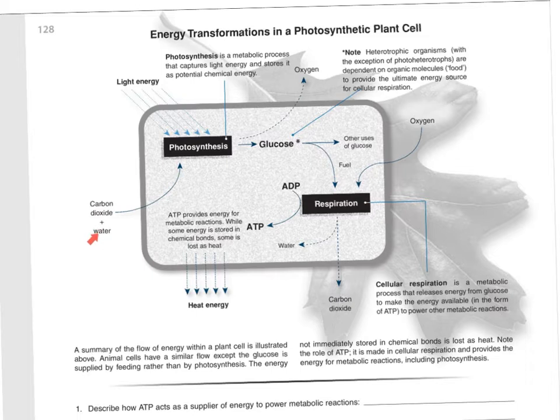Carbon dioxide and water go into photosynthesis. Out of photosynthesis comes glucose. Of course, you need light going in because that's your source of energy. Are there a lot of other little steps? Yes. Should you know that you're using a concentration gradient to turn ATPases to make ATP so that you can take the ATP to the Calvin cycle, that you have light reactions and then you have the Calvin cycle, you have photosystem 2, then photosystem 1, that you're taking water and breaking it up to get the electrons? Yeah, you should know all that. That's all part of photosynthesis. But a summary is carbon dioxide and water go in, glucose comes out. That's easy. You should know that.